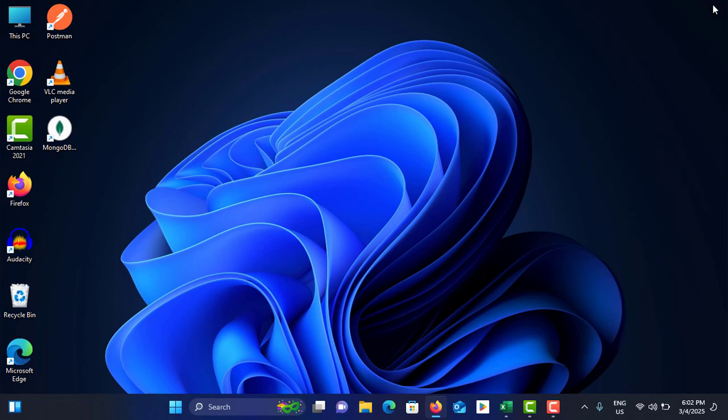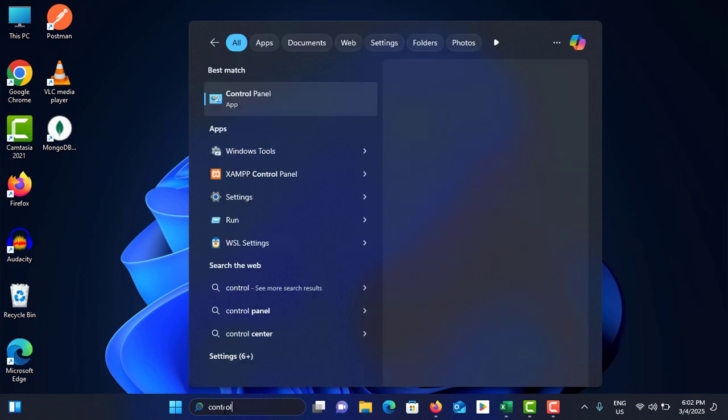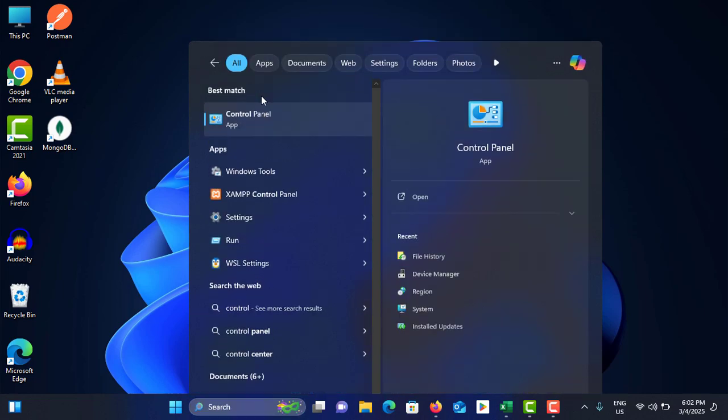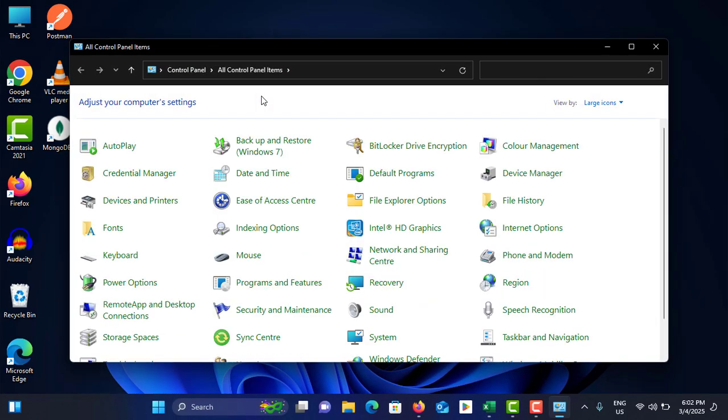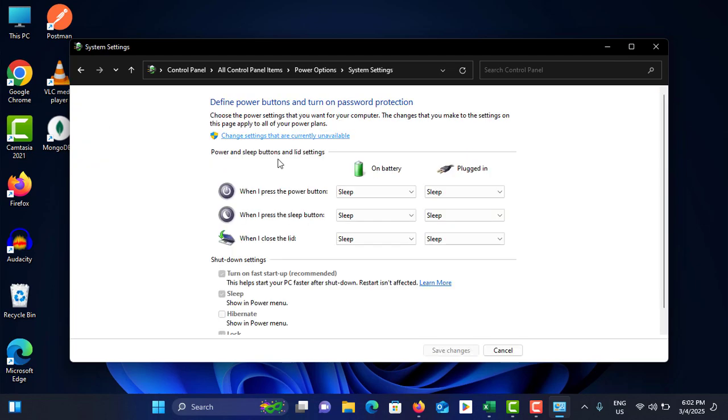So you need to disable the fast startup. To do that, go to the search bar and search for control panel. This is the application, just tap on it, and you need to make sure view by is changed to large icons. Then choose the power options here. In the left side menu, choose the first one, choose what the power buttons do, and